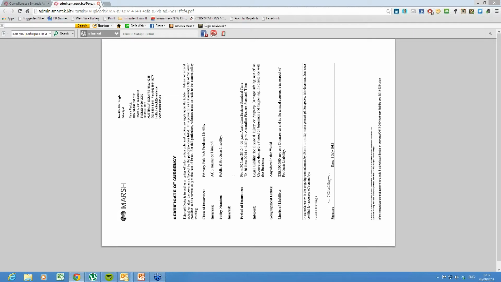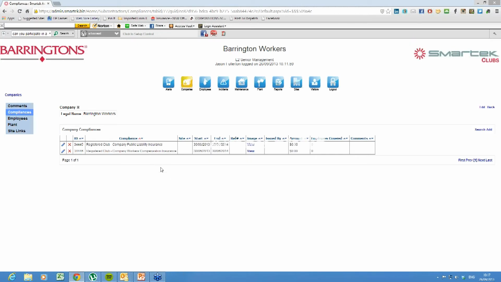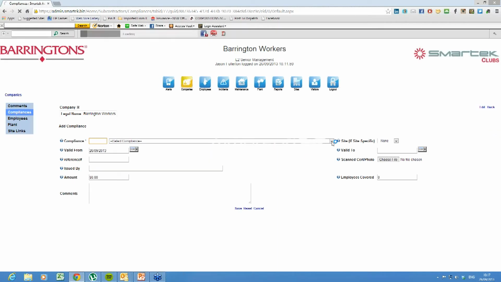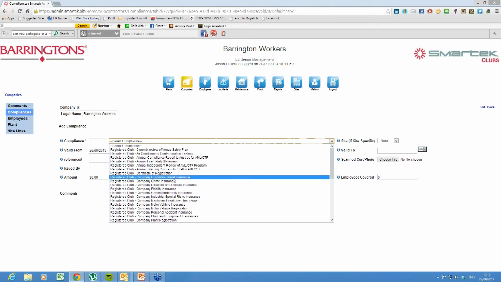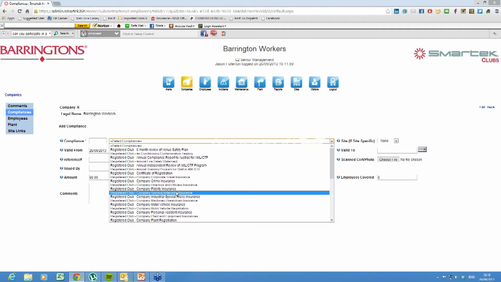So that's just a brief example of company compliances, and it's the same for the workers' compensation insurance. You can see there that I have view. But if I wanted to attach some of the other compliances in there, for instance, your annual fire safety statement, for those of you in New South Wales, regulated by the Local Government Act, certificate of registration, even your insurances, knowing when your insurance is due, we can upload copies to all of these compliances, and we can have commencement dates and